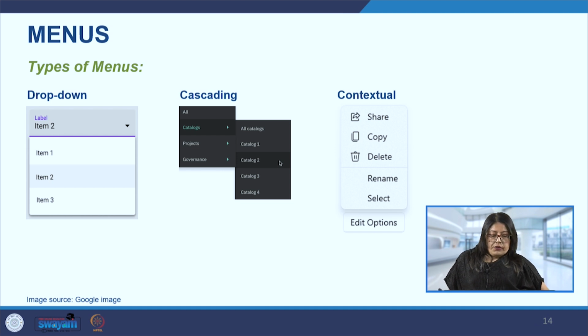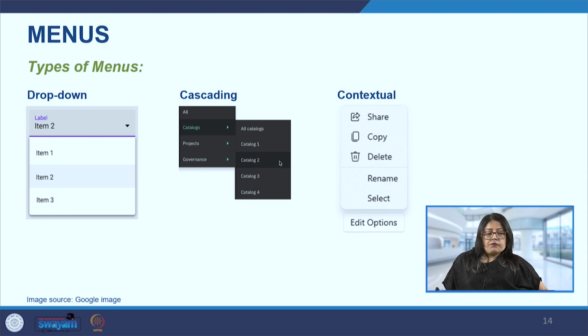We use these to organize complex sets of options into more manageable hierarchical structures, because some of these may not be really relevant to be placed on a permanent panel on the screen. These help because they are the subheadings, so this is how the hierarchy can be maintained.